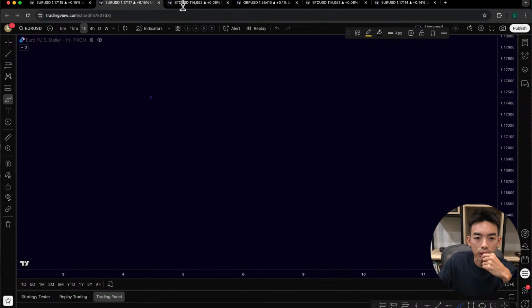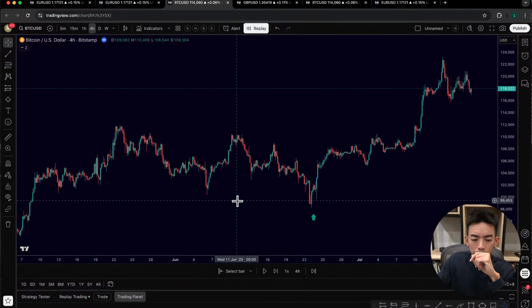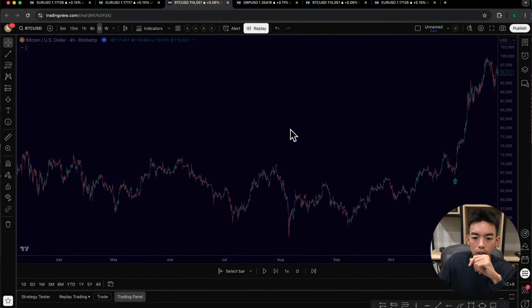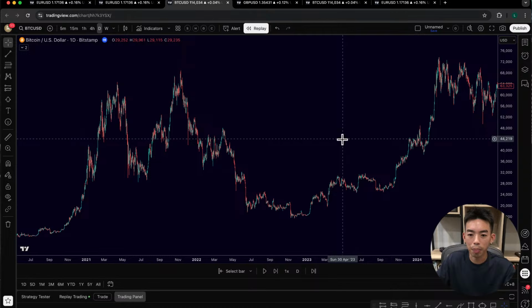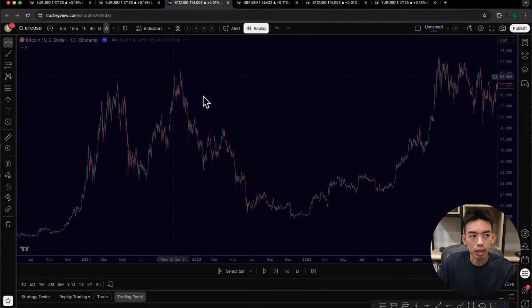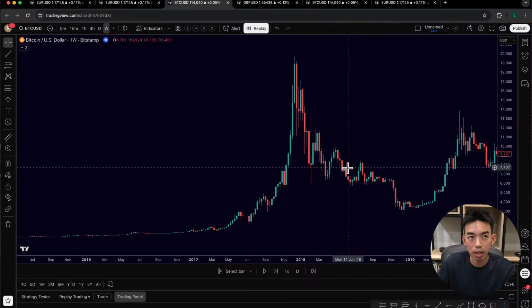Okay, so having that said, I want to show you guys something very interesting, which is actually on the Bitcoin chart. Let's have a look at a few examples from a very long time ago, because they all have the same pattern. I really don't want to call it a pattern, but that is what it is. What makes a difference here is understanding that it's a pattern, but you want to make sure that you understand why it exists and why it works.